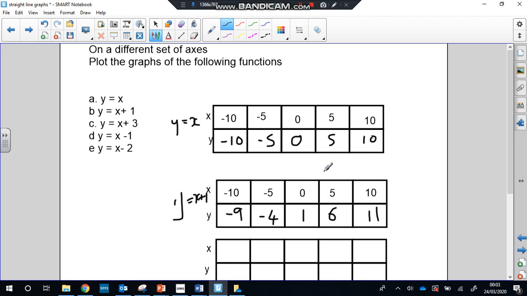Now some of these points are not going to fit on your grid. This one is not going to fit on your grid because it only goes up to 10, so if you want to choose another point here, that's fine. You might decide to make your x value 9 and then get the point 9, 10, it's up to you. Okay, but again, choose similar numbers here and work out coordinates for these 3. So if you press pause while you finish that off,